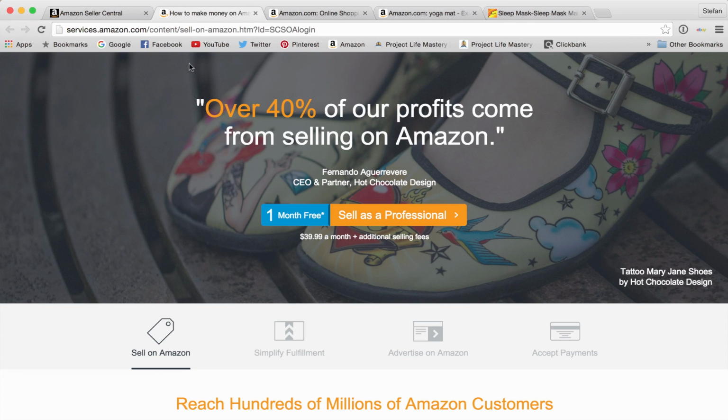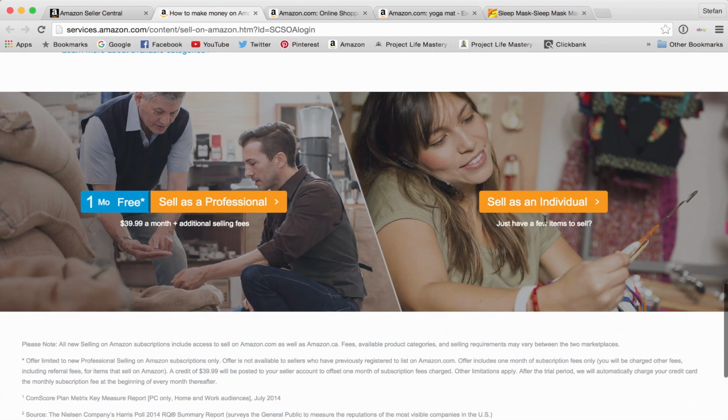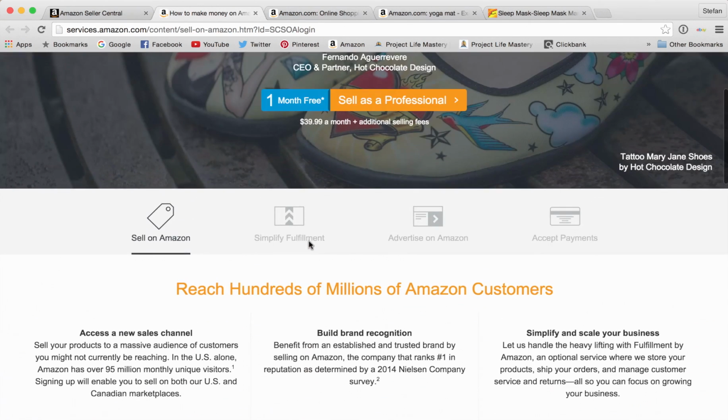Now, to set up a Seller Central account, you can either set up selling as a professional or as an individual. Okay, I believe as an individual, I've never done that, but I believe it is free. I think Amazon, they do take their cut, of course, a certain fee. But I do recommend selling as a professional. Everyone, if you actually are serious about selling on Amazon, you have to sign up as a professional. It does cost $39.99 per month. You get your first month free, and they take some additional fees as well. And it's well worth it because